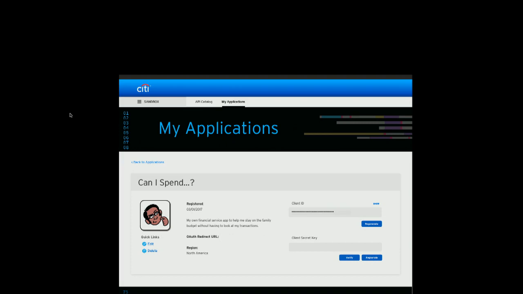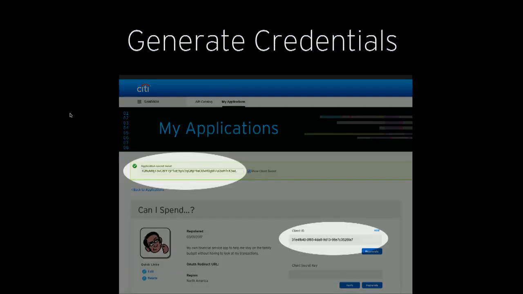You can generate an icon for them. I'm not sure if you can see this, but there's a place there for a redirect URI. And that redirect URI is if you're going to be supporting three-legged OAuth. I'm only using the client credential grant, so that is empty here. The other thing I'd like to point out is that for each application, you will generate a client ID and a client secret. And it's the combination of the client ID and client secret that generates what's called an access token.